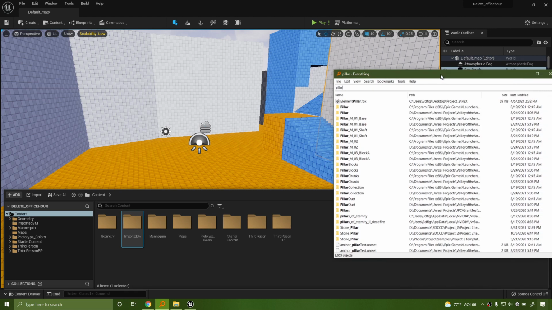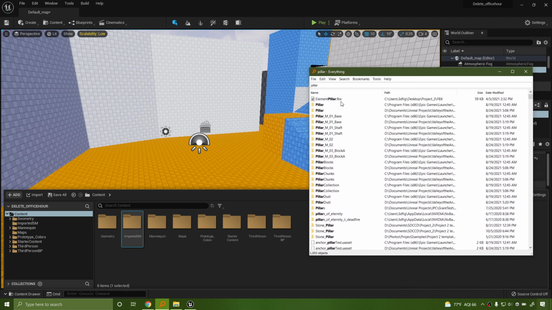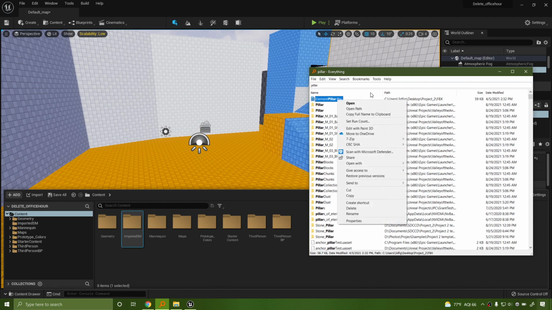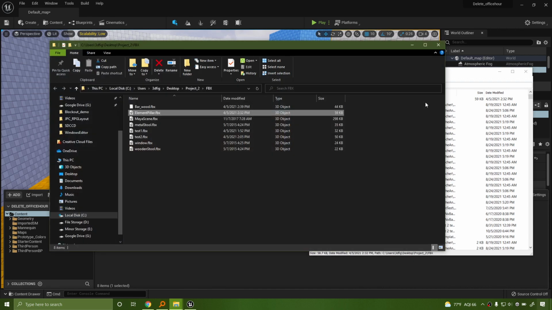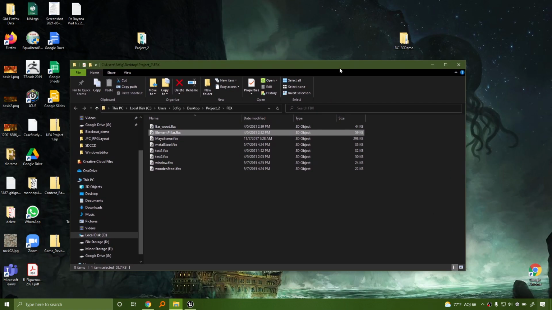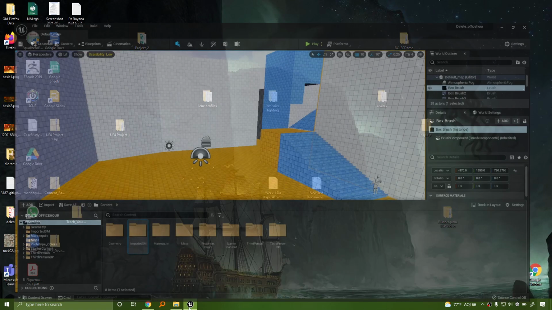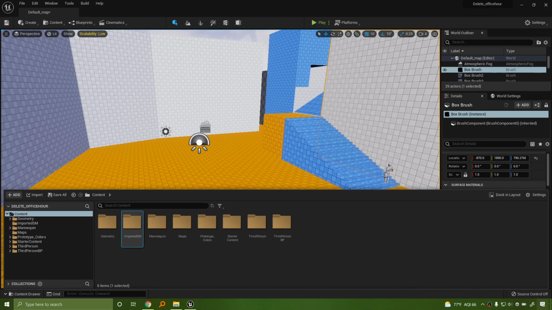So for example, I have a pillar that I use for a reference. It looks like it's part of a project. It looks like it's part of project 2. This project 2 is no longer part of this class, but I'm going to go ahead and find it. The nice thing about this is you can open the path, and then it takes you directly to it. So I have my folder here. Whoops, I didn't mean to close on Epic here. Let's go ahead and just hit add.